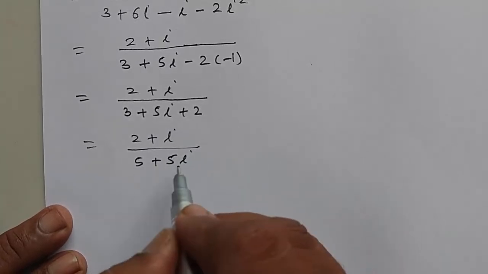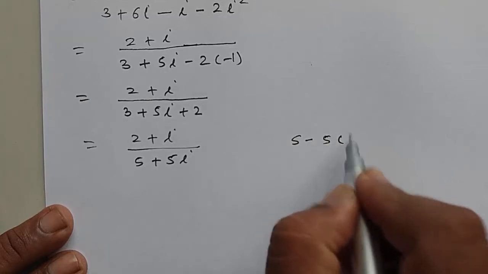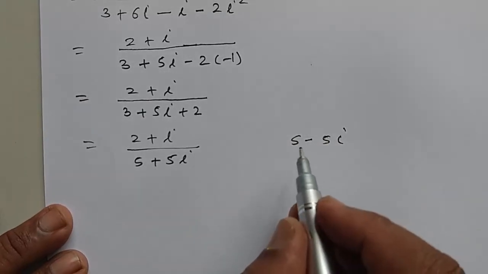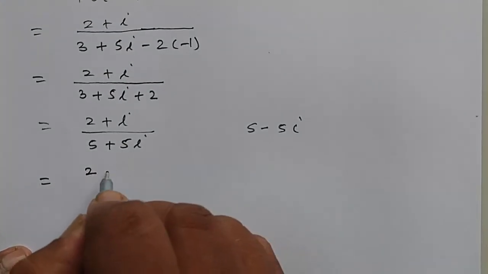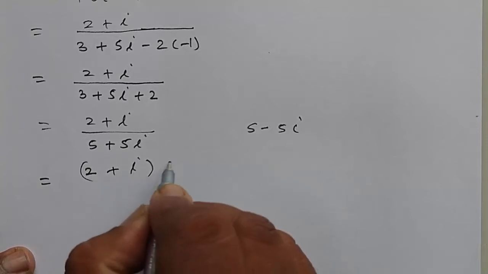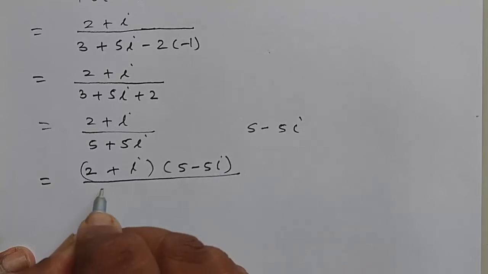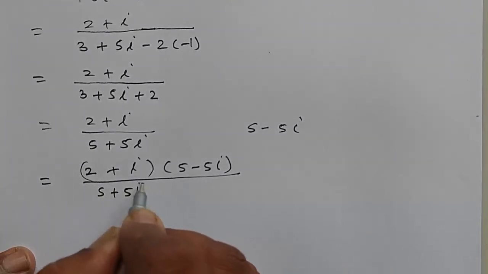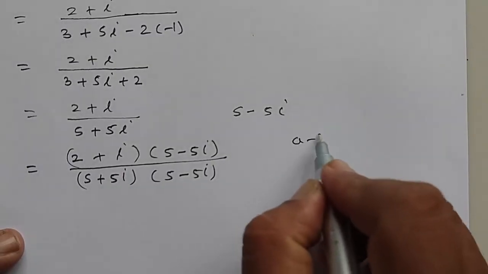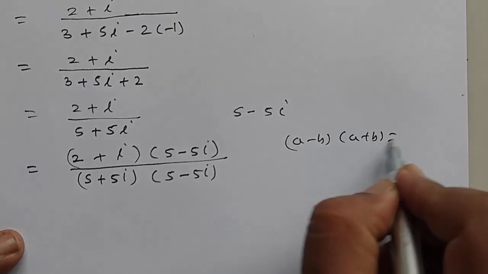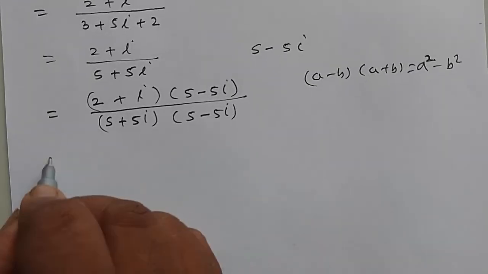Now the denominator is a complex number. Its complex conjugate is 5 minus 5i. We multiply and divide by its complex conjugate. So this is equal to (2 plus i) into bracket (5 minus 5i) upon (5 plus 5i) into (5 minus 5i). We know that (a minus b) into (a plus b) is equal to a square minus b square. Using this,